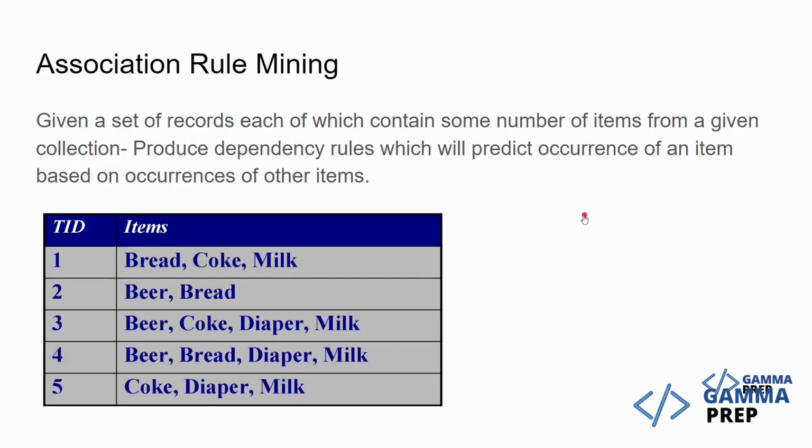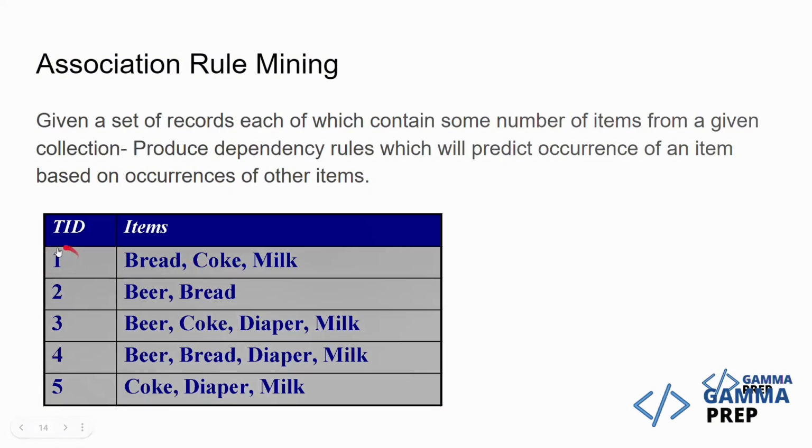Now let's move to the next technique, which is association rule mining. So what happens in association rule mining? We have data like this given. Generally, association rule mining is used by shop owners or the market analyst. And here the data set looks like this. We have the transaction ID, and in that transaction, what are the items bought in a shop or in a mart, let's say D-Mart or a shopping mart, right?